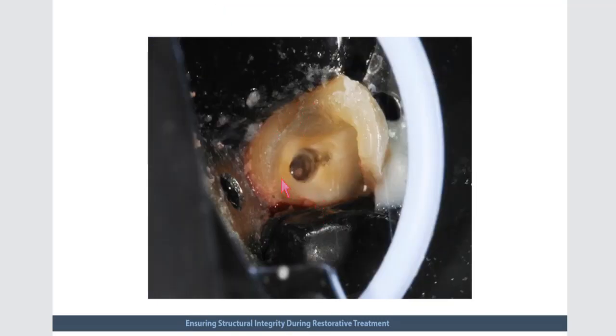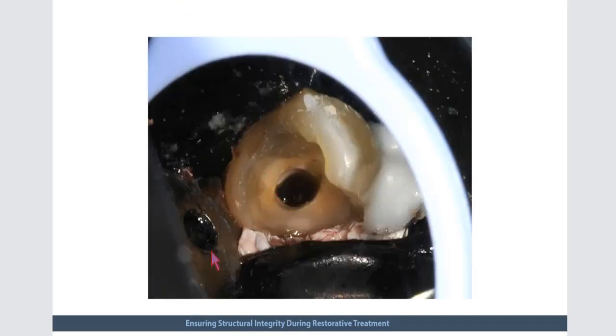But another problem here, when you are removing the liquid dam, you have bleeding here, you have saliva, you have gingival liquid, so that is not good for adhesion. So I will use one of my favorite materials in dentistry, which is Teflon tape. I use a lot of Teflon tape. So in this case, I will place Teflon tape between the tooth and the rubber dam, just to keep the